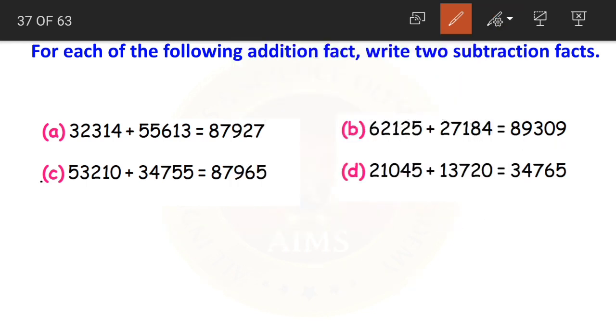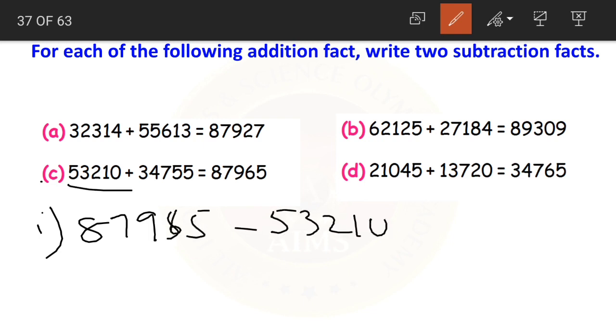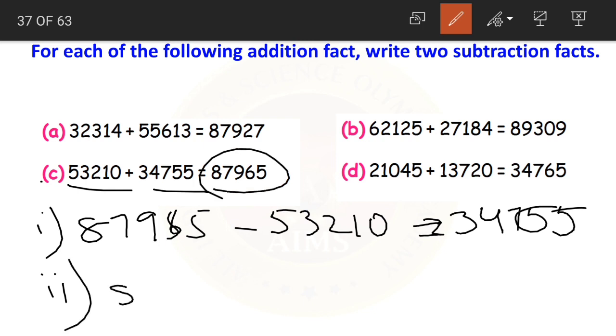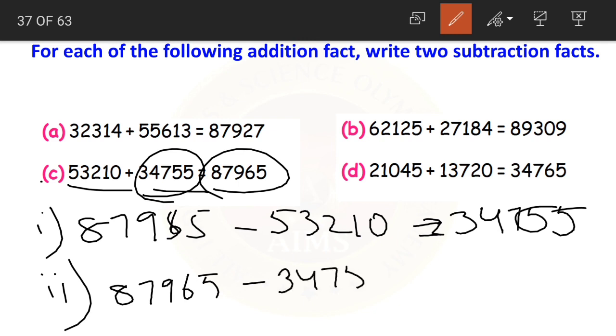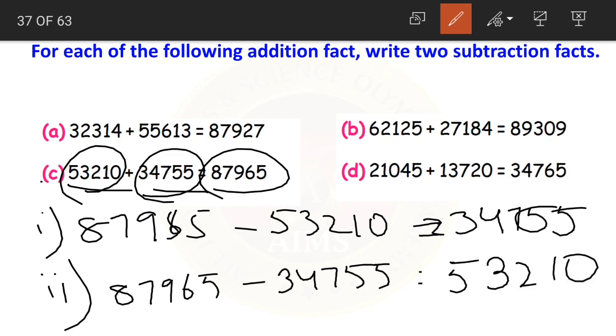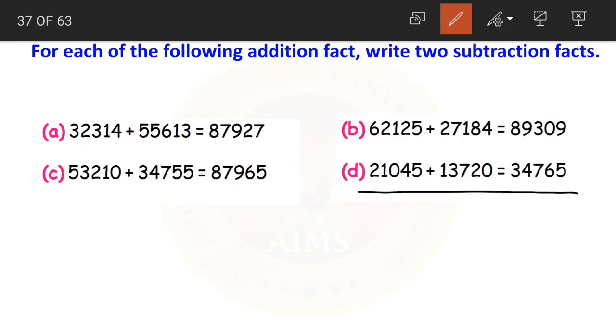Coming to question number C. Again, what will the facts be? Sum minus addend 1 will give us addend 2. Then the second fact will be again sum minus addend 2 will give us addend 1. Yes, children, clear? Coming to the last one, I hope with this question you will understand how to write the subtraction facts. Okay? Yes. Sum minus addend 1, that is